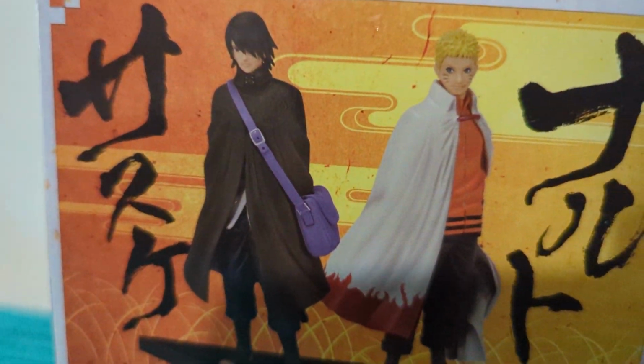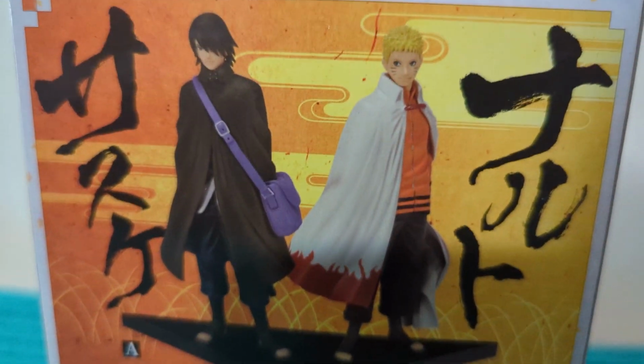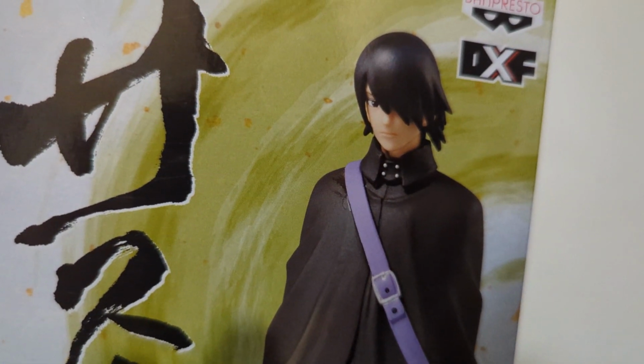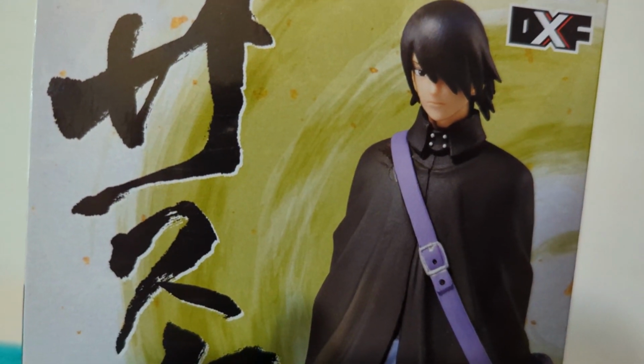But next is a figure from the Naruto series, and this is part of a set of Sasuke and Naruto. And if you're hoping that I got the Naruto one, I did not. And so yeah, he remains in his box there. His face looks a little, I don't know, inaccurate to me. I don't know, let me know. Maybe it's the hair. I can't really put my